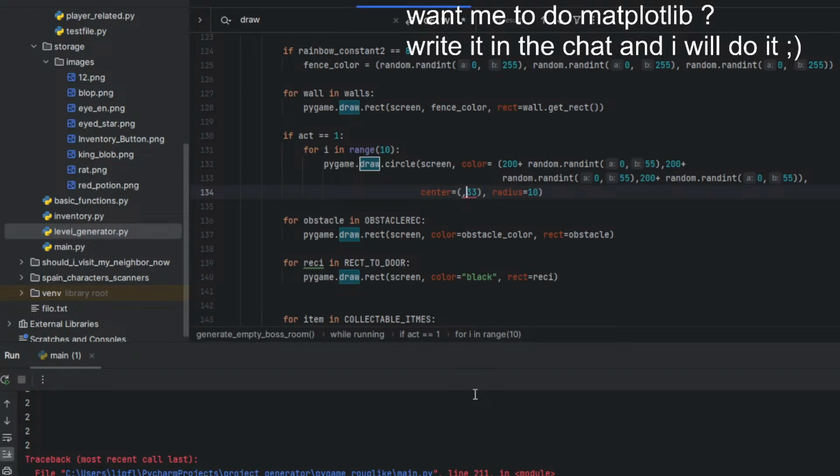Center equals random.randint 1 to 10, 1 to 5, multiplied with 100. And also random randint 5 to 100.